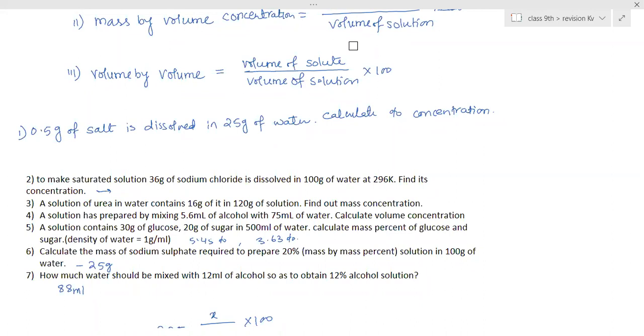Ma'am, I have a doubt. In these numericals, suppose we have a decimal in the denominator, we have to multiply by 10. Then should we also multiply 100 into 10? Yes, both numerator and denominator have to be multiplied. The volume of solute is divided by the volume of solution, into 100. So that one you have to multiply by 10, right? It's a normal simple case. Multiplying with 100 is done in all percentage questions.